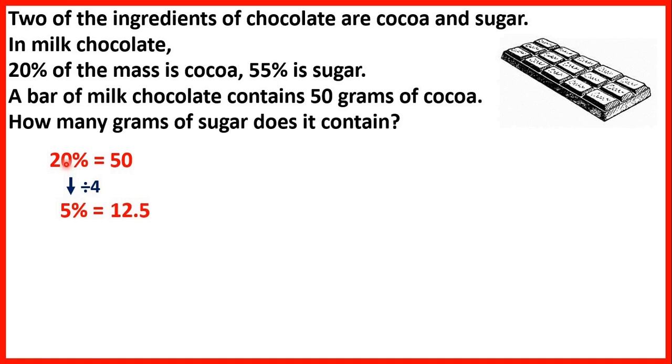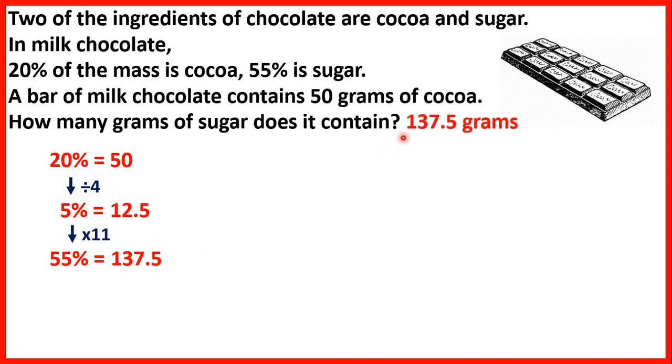So now that we know that if 20% is 50, then 5% is 12.5. And we can get 55% from 5% because 5 times 11 is 55. So if we multiply 12.5 by 11, and of course we'd need to use short multiplication here, but that would give us